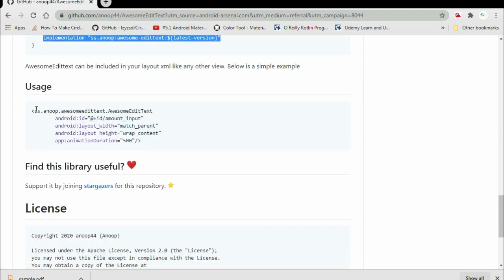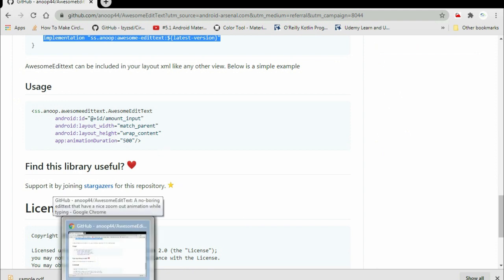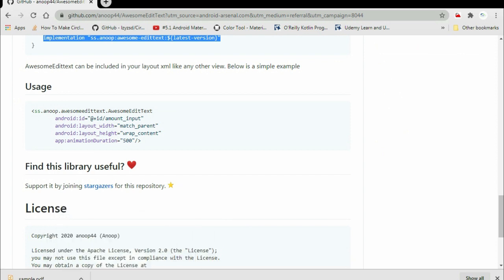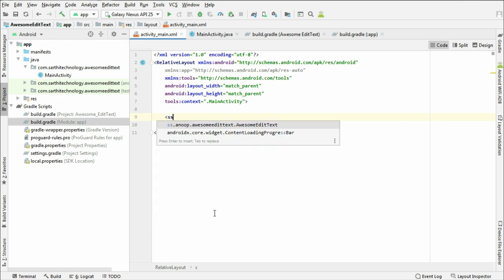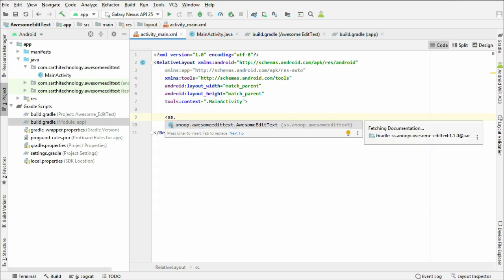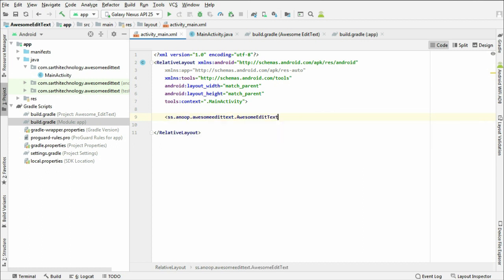Here you can see the code ss.anoop.smedittext.smedittext. Okay, so ss dot, enter,